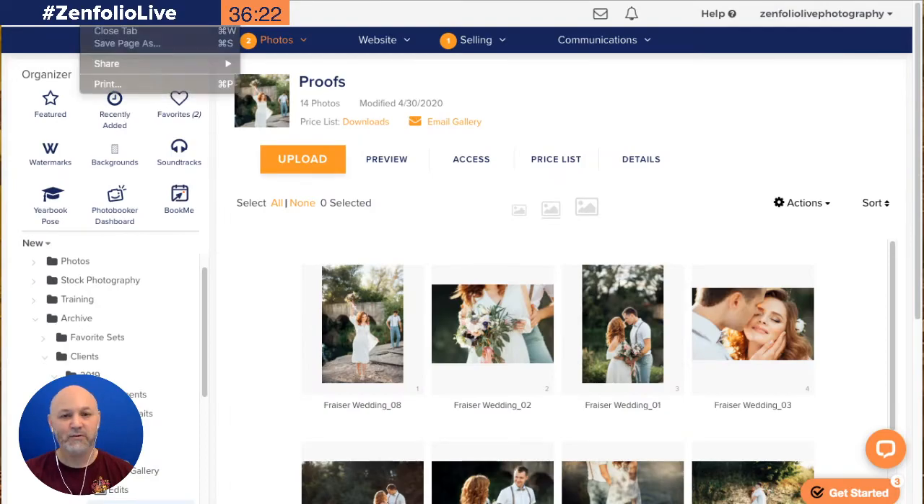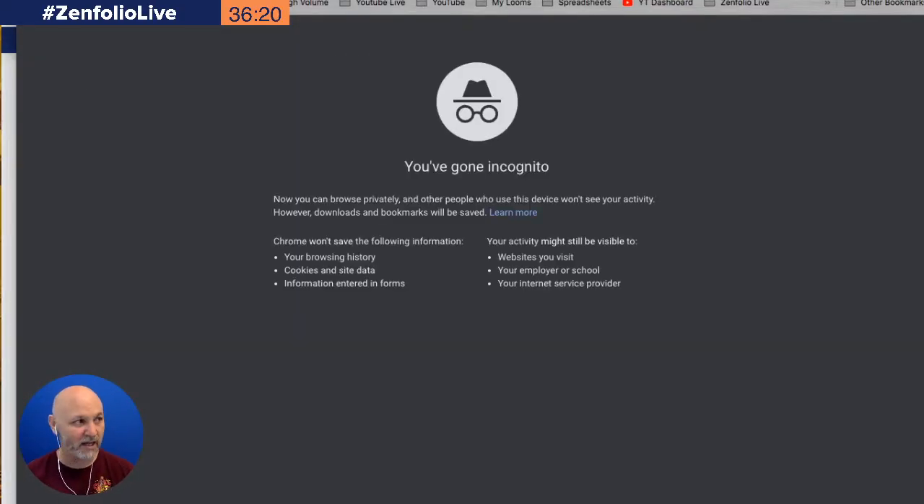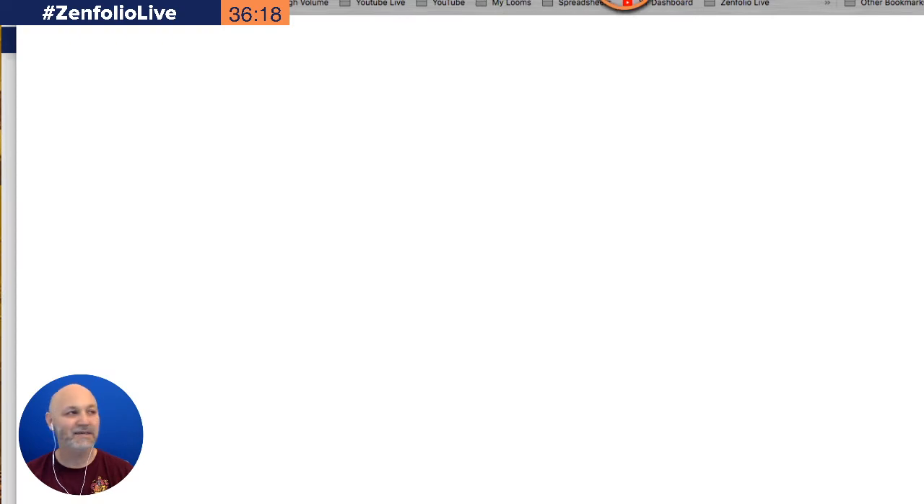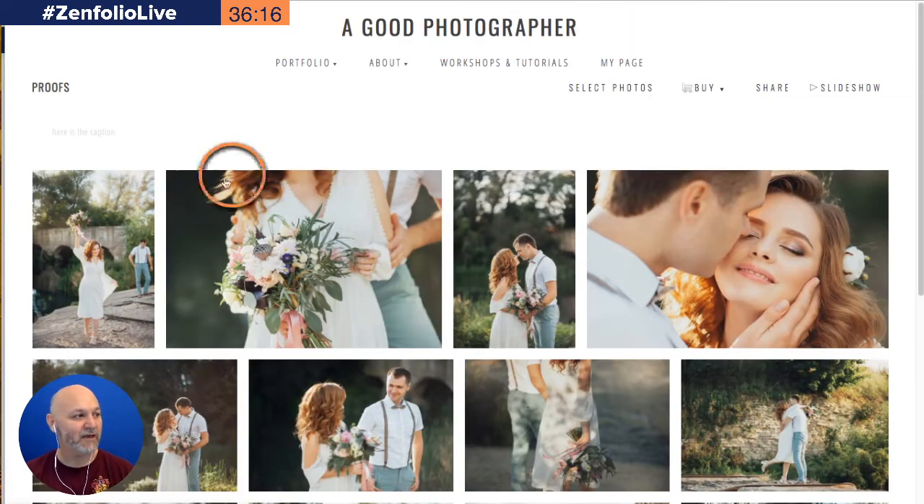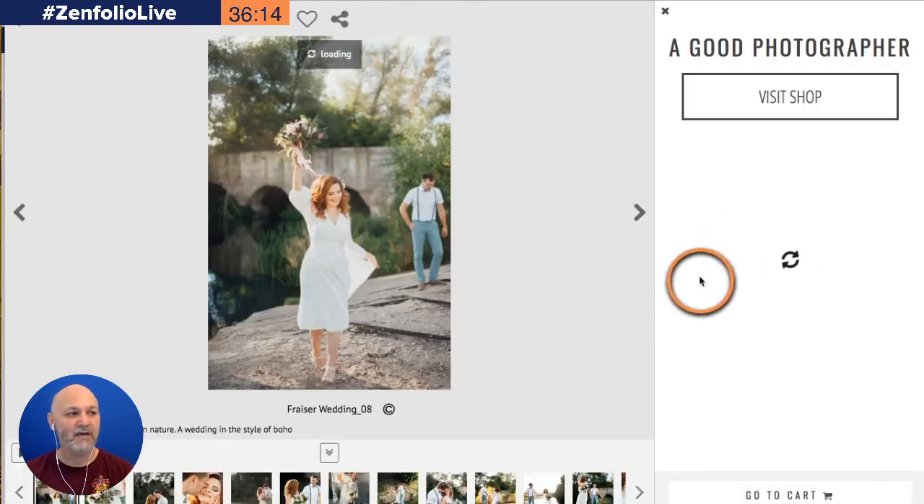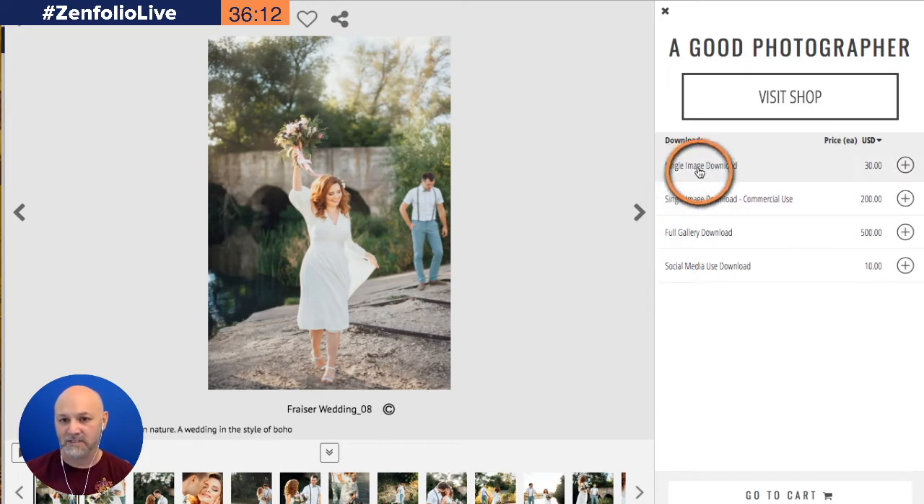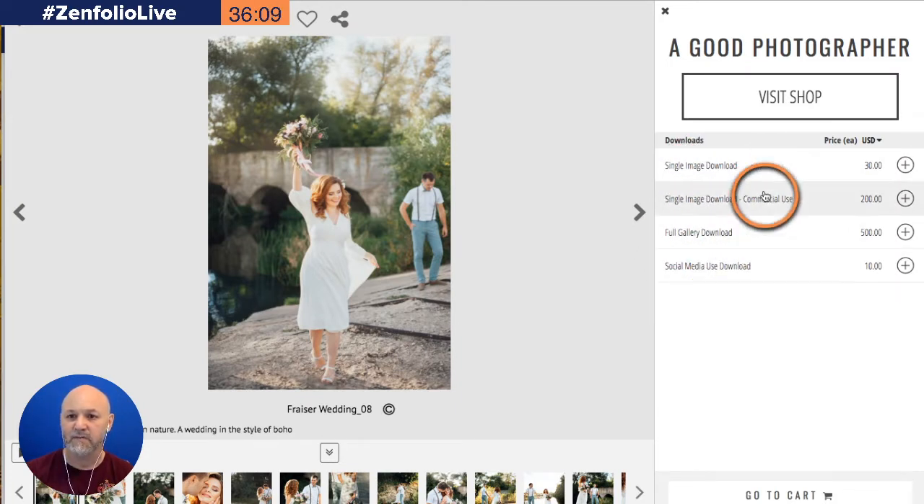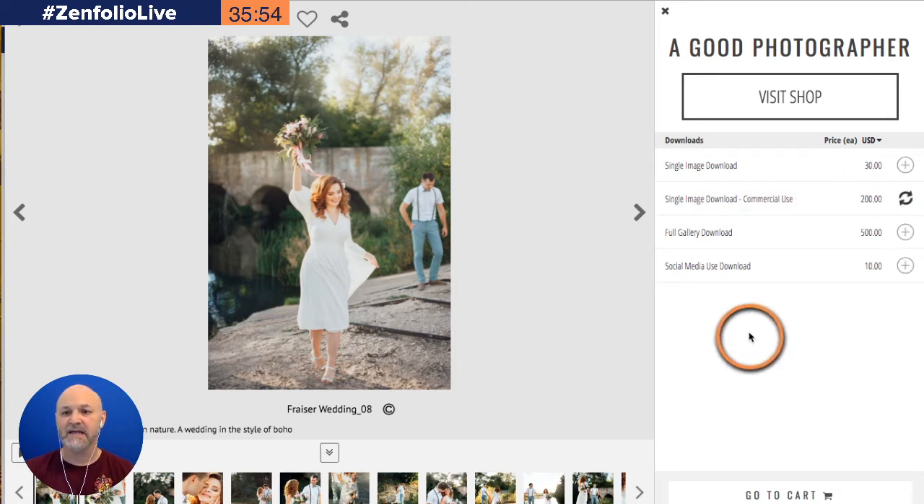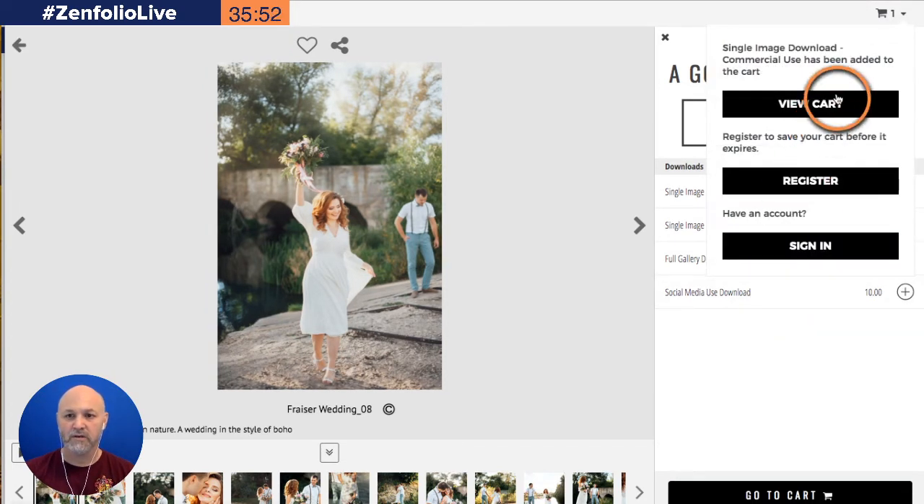I'm going to go file, new incognito window. Check this out from a client's perspective really quick. Okay, and so if we click on this, now you'll see over here on the right-hand side, you'll see all the digital products, and there are those different uses. So if I'm a client and I want to buy this image just for my personal use, I have that option, but then there's the commercial use. And just to show you guys this process all the way through, if I click on this and add that to my cart, and then we go to the cart to check out,